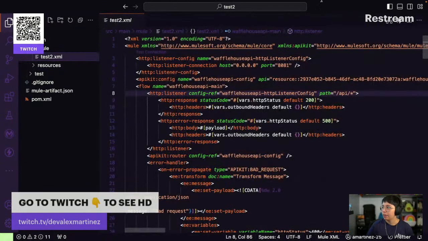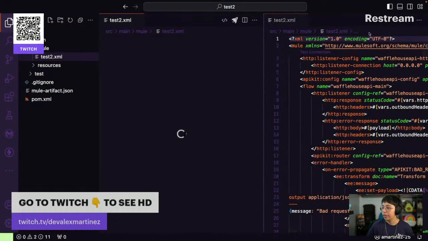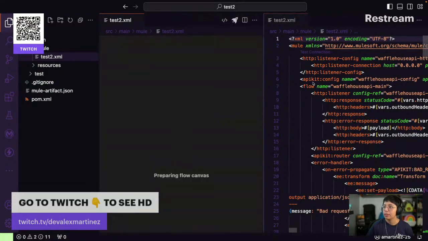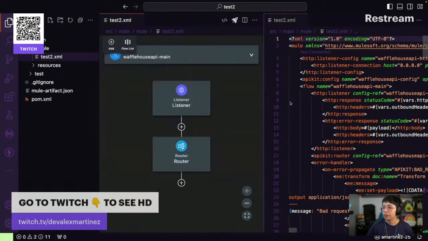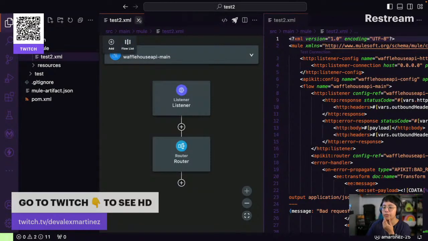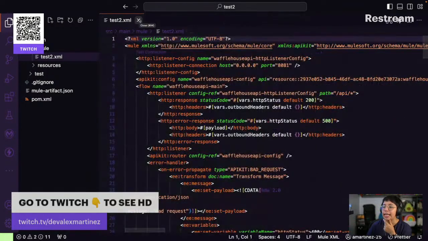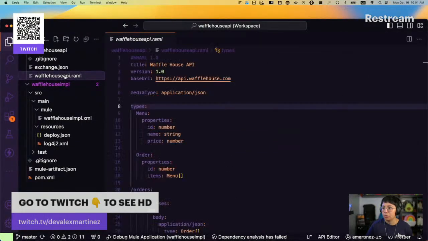Anyway, so now it didn't open the graphical view. That's odd, but that's fine. I'm okay with that. So you just have to click on the button to open the graphical view. It's open. Flow list 1, 2, 3, 4, 5. Perfect. So we have the latest version 101. And now let's see. So if I go here and I open this RAML,